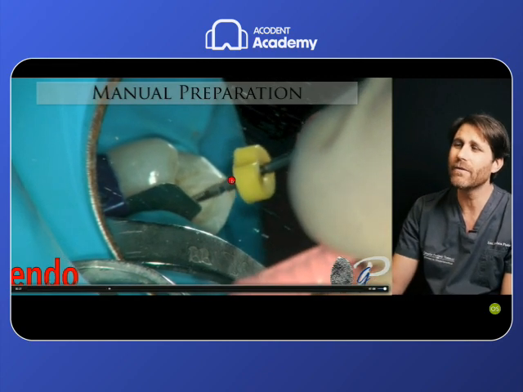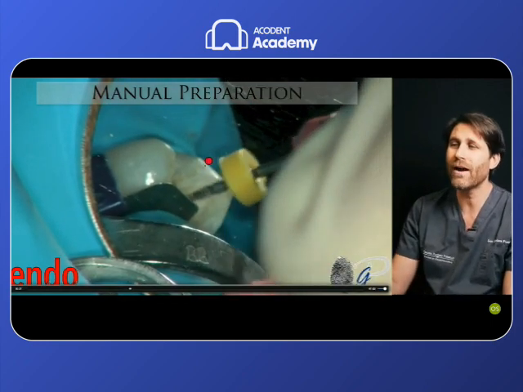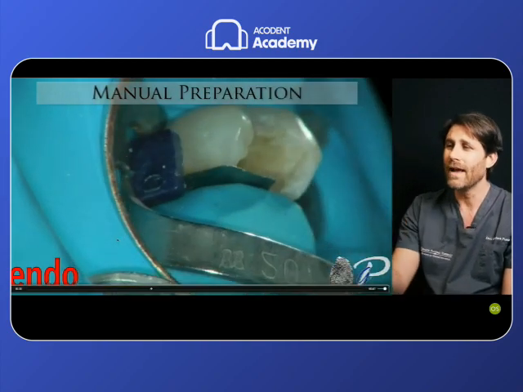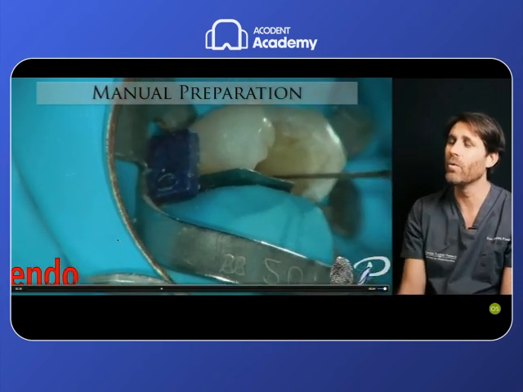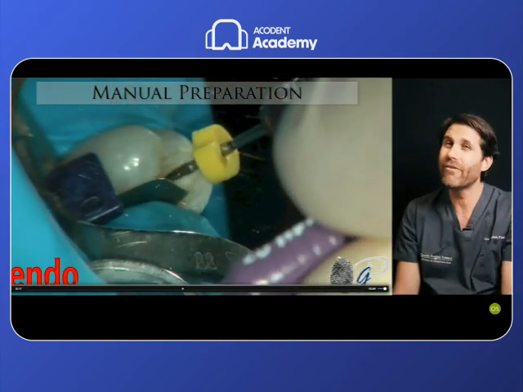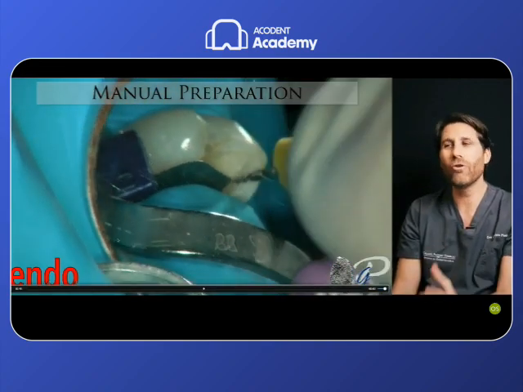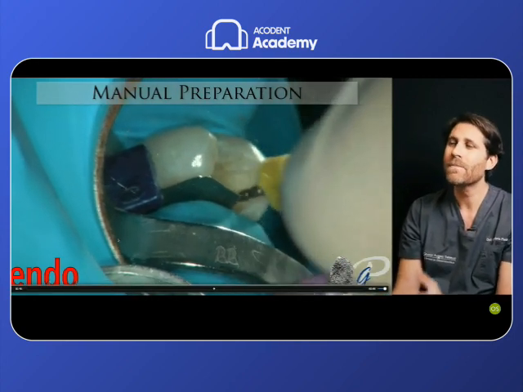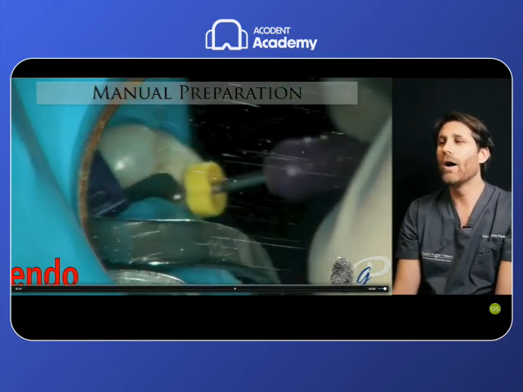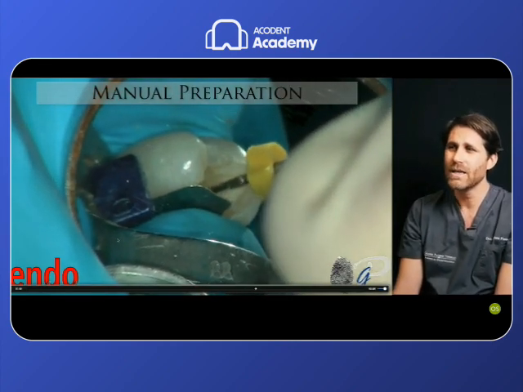And then we go up and down, and if you rotate the file again, you don't find the way anymore, and you have to rotate the file with the precurvature that follows this path, and then you have to work with the number 6, then the number 8, and then the number 10 at the working length to regularize this anatomy. So with the stainless steel file, you are deforming the internal anatomy, taking care not to deform the apical foramen. But these rigid files used with this technique aim to make an intentional deformation of the anatomy of the root canals.